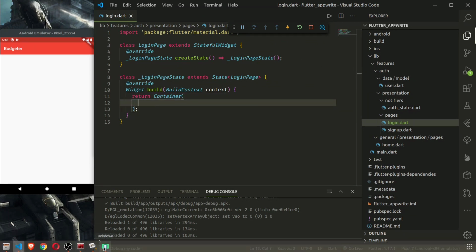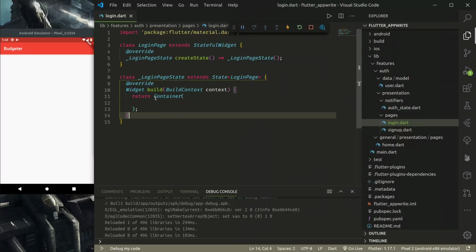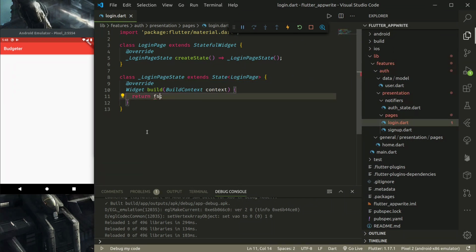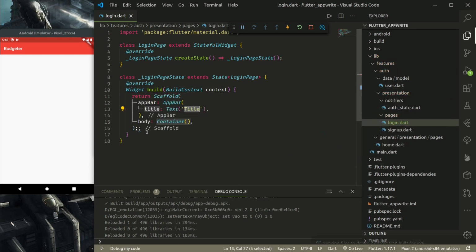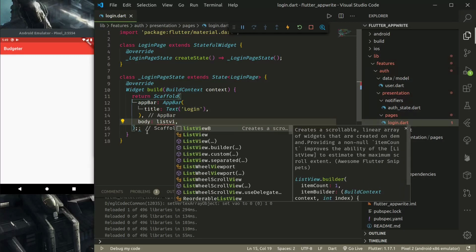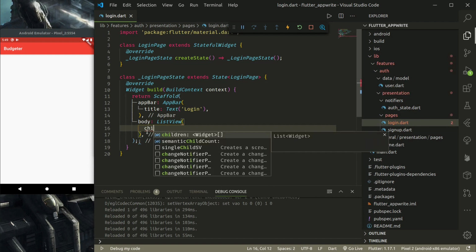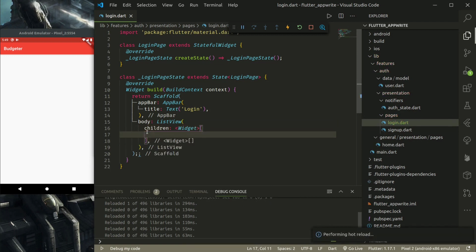Let's see what we have here. I think we have an app bar and scaffold with app bar and the form and button. So let's use the similar pattern. Scaffold app bar title should be login, and instead of container what we'll use is list view. However, we'll not be using the builder. So children first, text login,